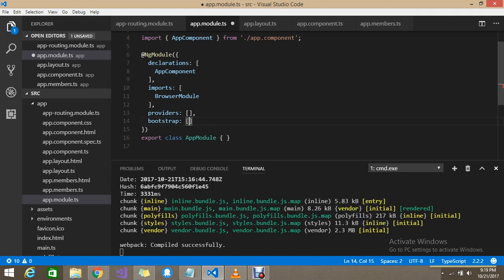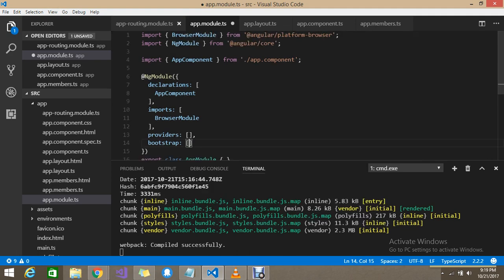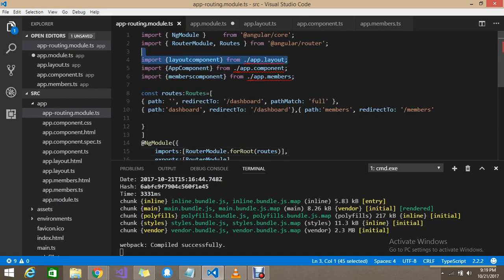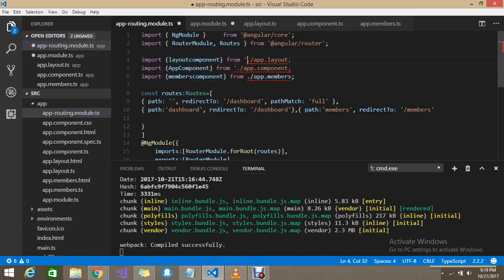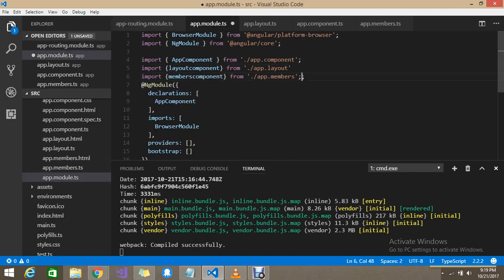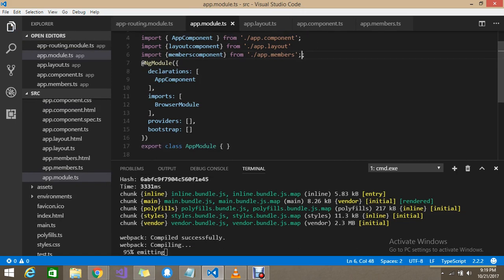Before that we need to import the properties, and then my members. Now the default bootstrap is